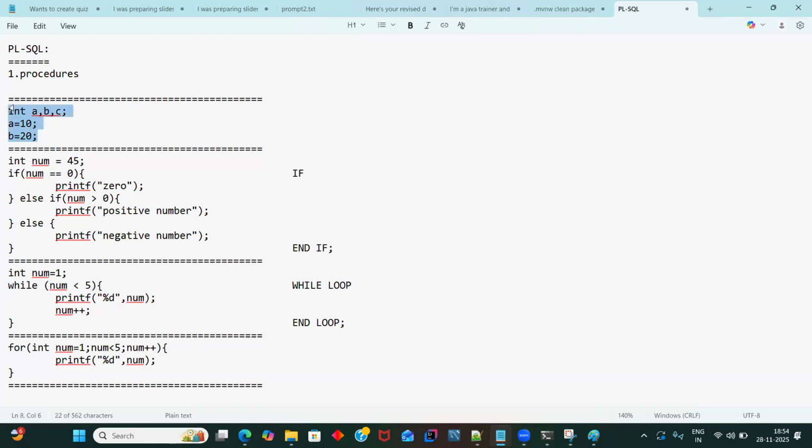But I think this is the thing you need to understand. Now, what is int a, b, c in a C program? Declaring variables. Correct. It's declaring variables. But in